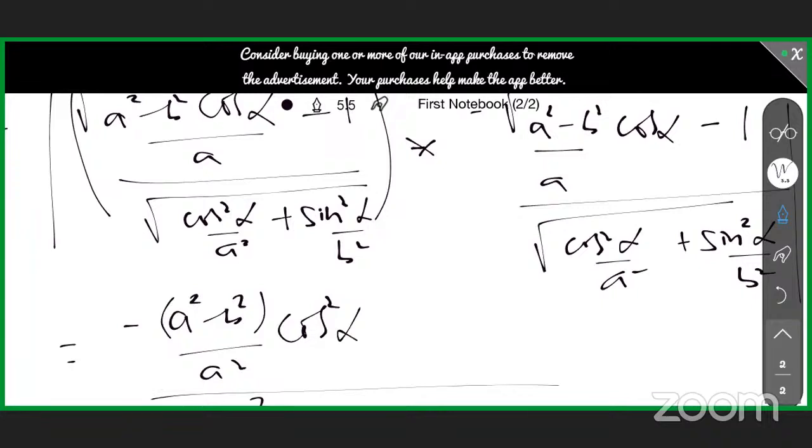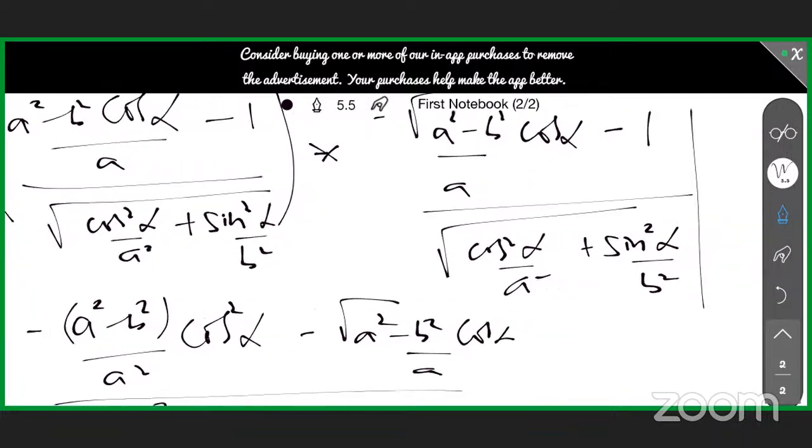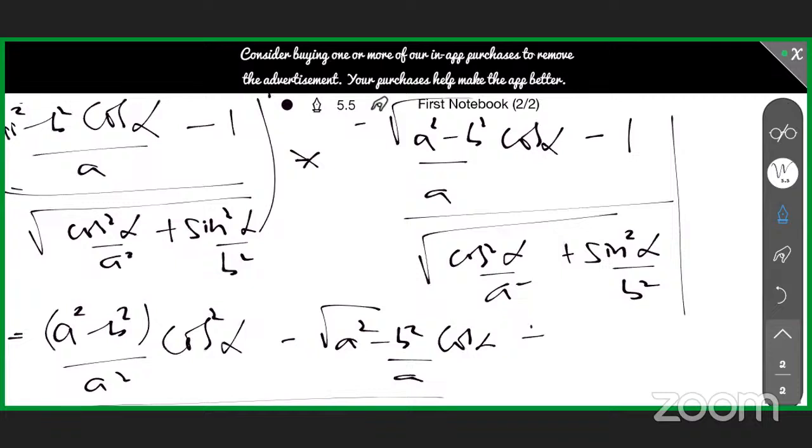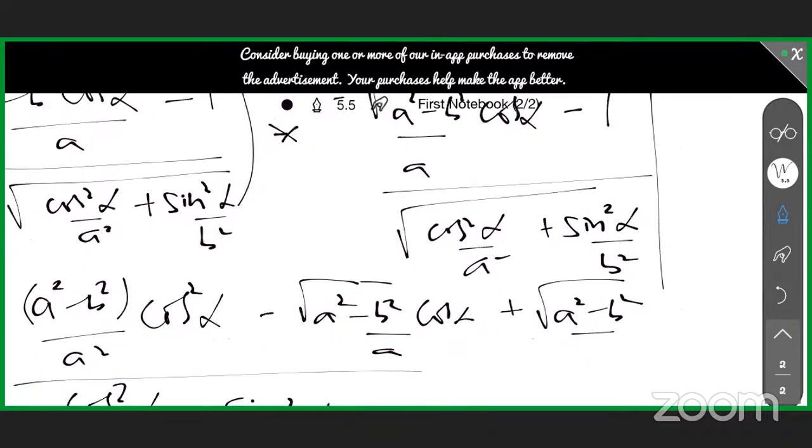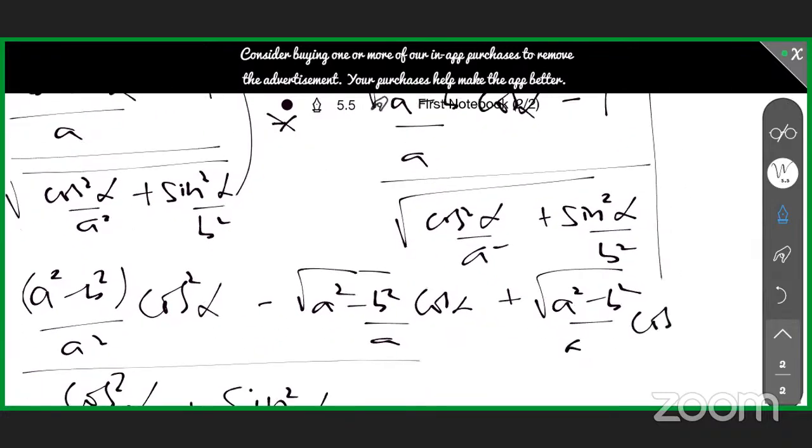That is equal to minus of root A square minus B square cos alpha by A plus root of A square minus B square by A cos alpha, minus into minus plus 1. So this one gets cancelled. So what is left out is